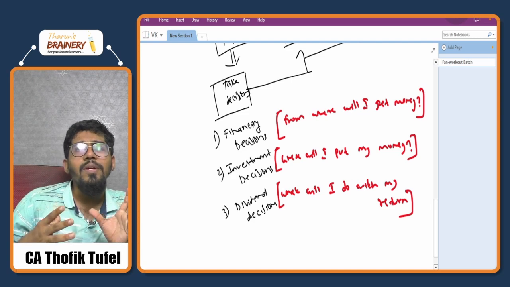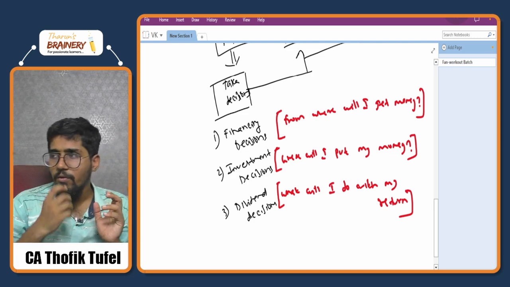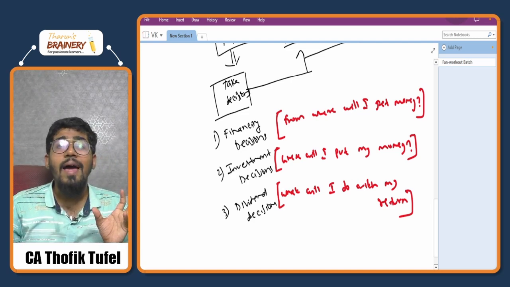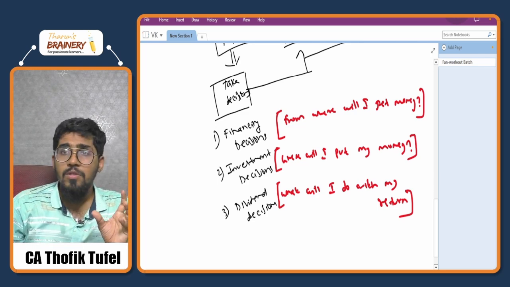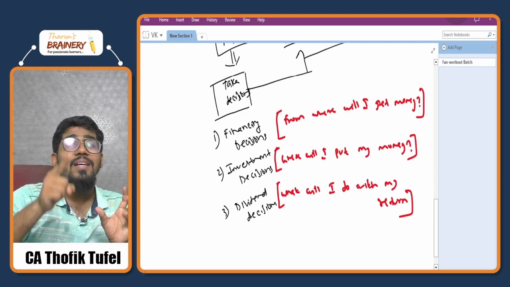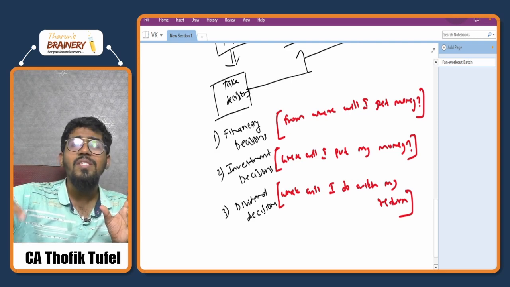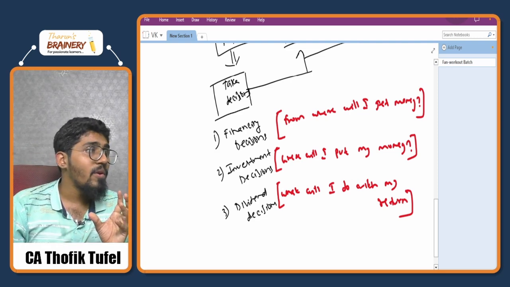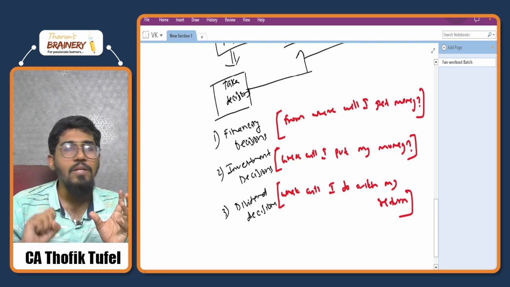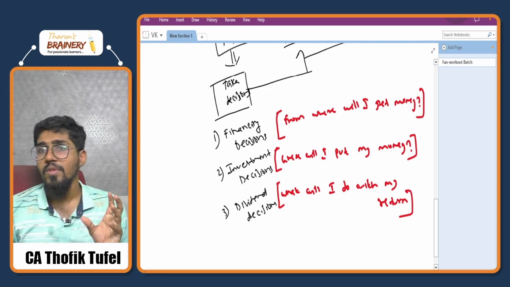You are going to take this decision on the basis of some objective. Suppose I have a class at 6 p.m. and right now it is 5:50. So my objective is to reach the class on time. If my objective is to reach on time, I will definitely book an auto. I will not wait for the bus, otherwise I will be late to the class. So this is the objective.